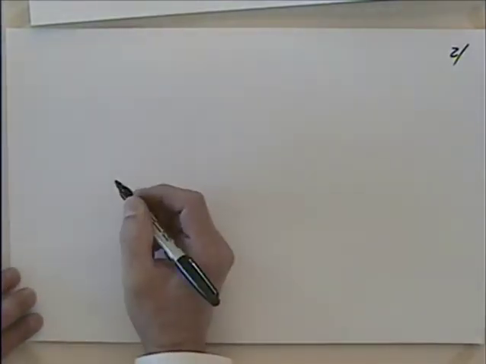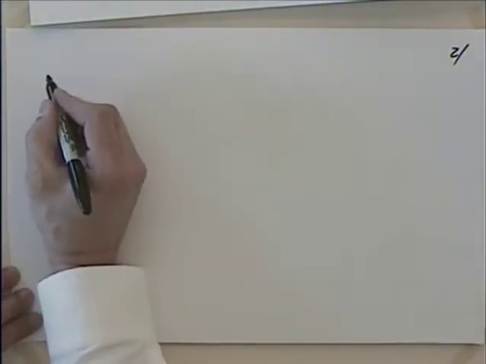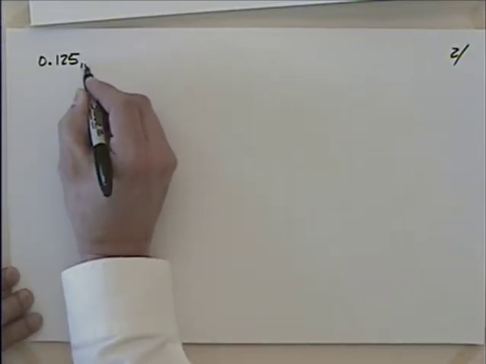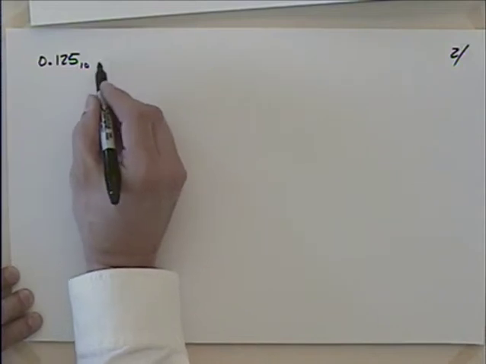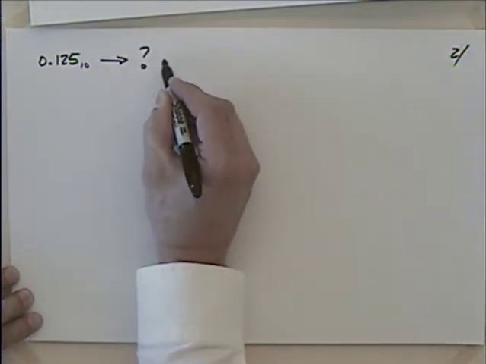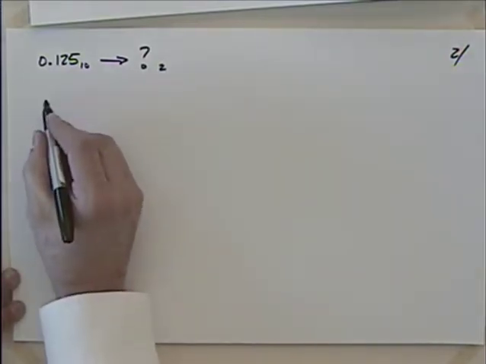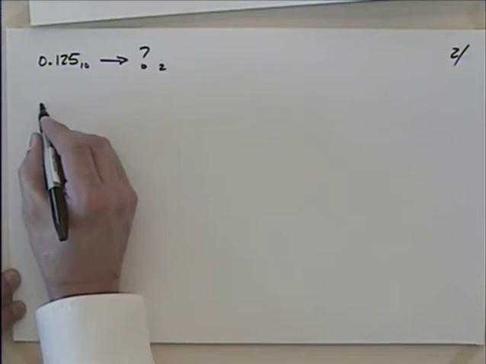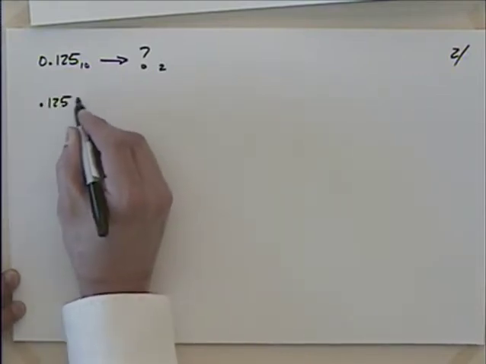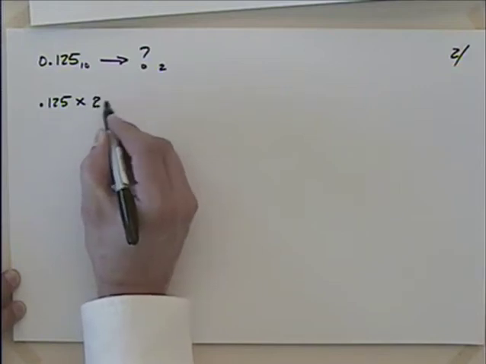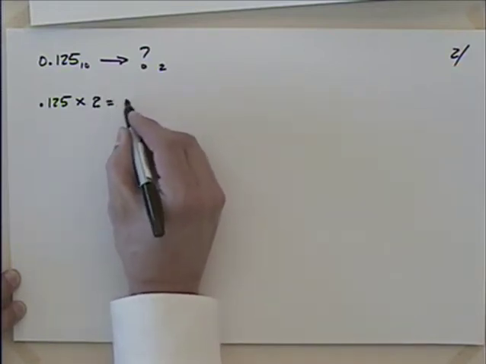So let's say that we had something like this. Why don't we take 0.125 in the base 10 system, and we're trying to convert it to something in the base 2 system. The process through this, and again, Sham's outline does a good job of outlining this, I think. We take this 0.125, and because we're on the right-hand side of the decimal, we multiply by 2, which gives us